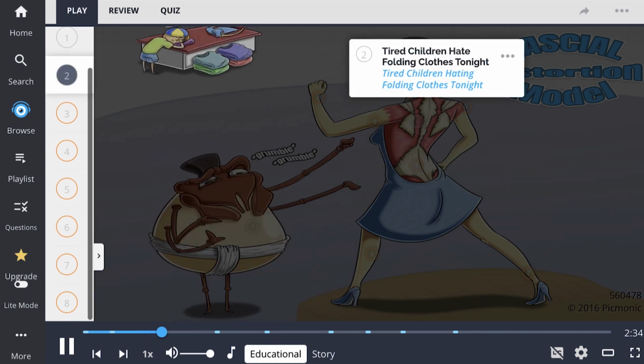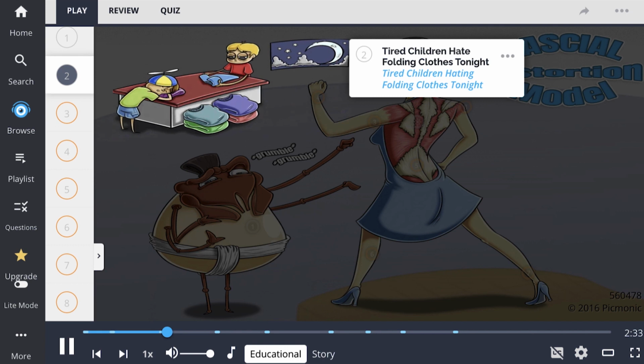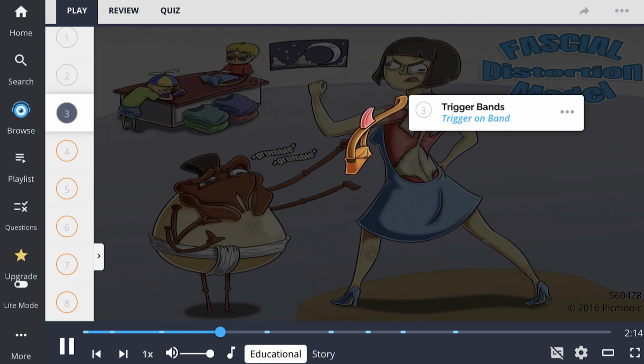To remember these 6 distortions, think of the mnemonic, "Tired children hate folding clothes tonight." The first letter of each word will help you recall trigger bands, cylindrical distortions, herniated trigger points, folding distortions, continuum distortions, and tectonic fixations. Trigger bands, seen here as the trigger on the band, are the most common distortions and